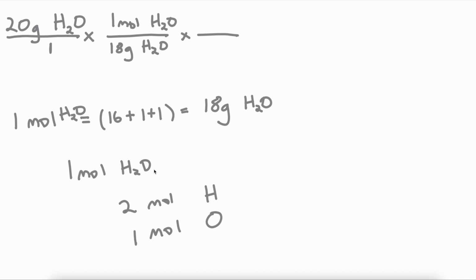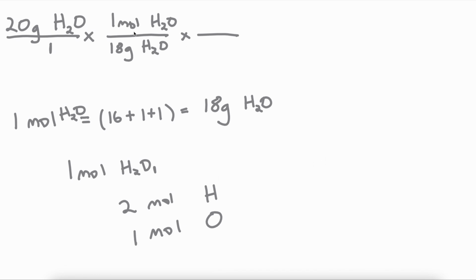How do I know this? Well, just look at it. This oxygen has an implied subscript of 1, and this hydrogen has a subscript of 2. So 2 moles of hydrogen and 1 mole of oxygen in every mole of water. So if every 1 mole of H2O has 2 moles of hydrogen, then I can just put that ratio